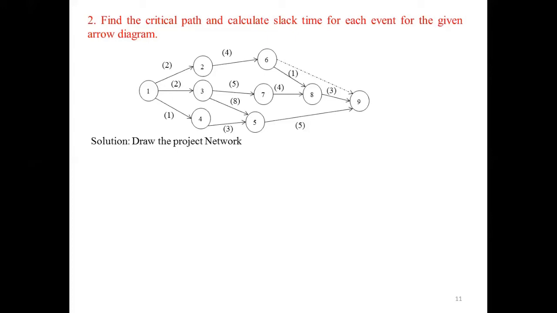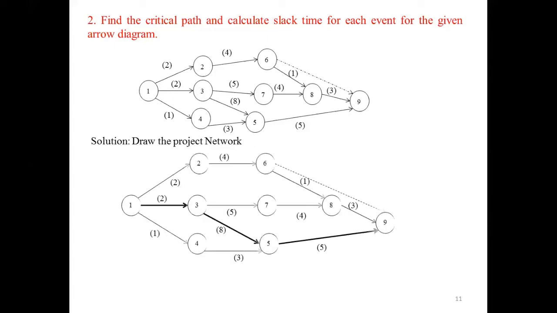Draw the project network, or you call it a network diagram. Since they are given the network diagram, you need to copy down the same as it is. And here I used thick lines that indicate the critical path. I will tell you how to identify the critical path after calculating the values from the table. For the time being, forget about the thick lines. Whatever diagram they are given, you need to copy down the diagram as it is with the values they are given.